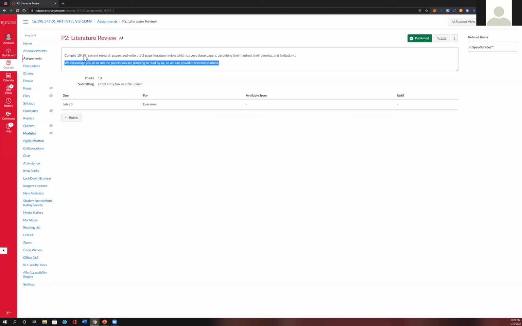In some cases, depending on the topic that you choose, this count of 10 to 15 papers can also include other forms of research. So for example, you could be surveying a system, maybe a software tool that is especially critical towards the development of your own project. So we may allow that as well as part of this literature review.